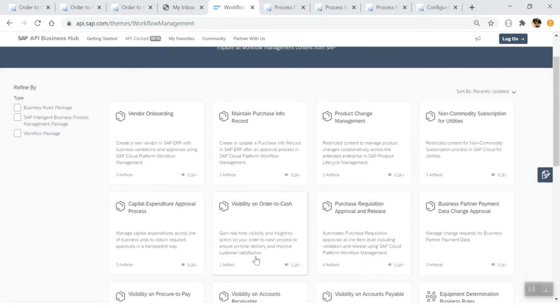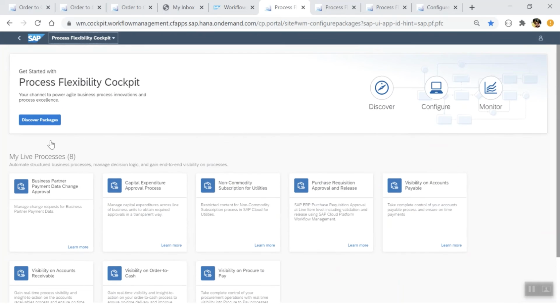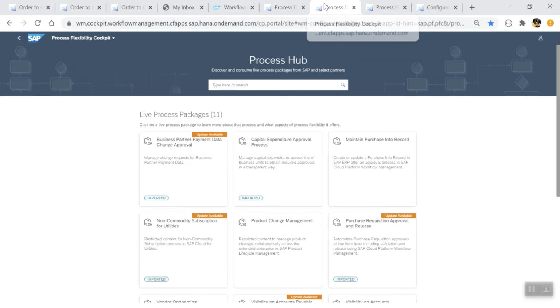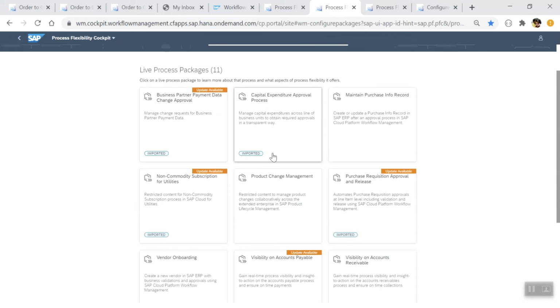Upon provisioning or subscription of SAP's Cloud Platform Workflow Management in the Cloud tenant, you can consume this package via the Process Flexibility Cockpit. You can discover the packages connecting to API Business Hub. Here all the live packages are listed. You can take a closer look